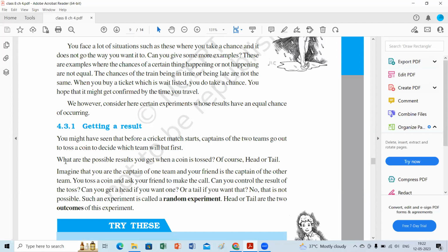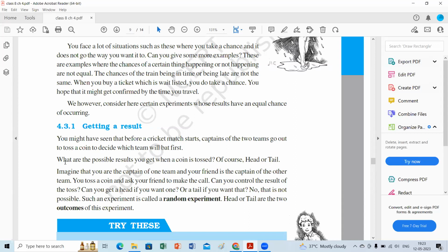before a cricket match starts, the captains of the two teams go out and toss a coin to decide which team will bat first. So what are they doing, tossing a coin, yes or no, children? Which team bats first and which team bowls first depends on the toss of the coin. What are the possible results when a coin is tossed? Of course, with a coin there are only two chances: one is head,